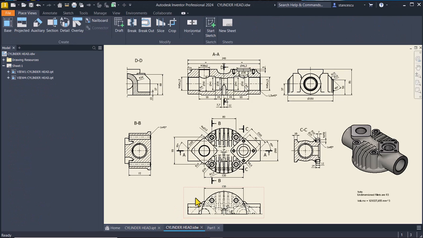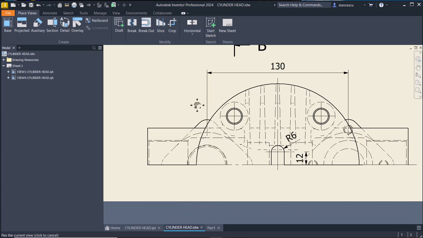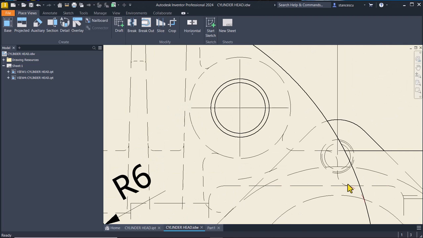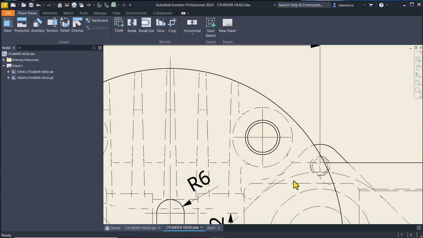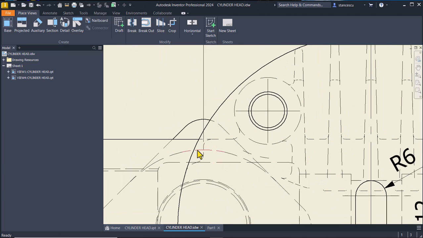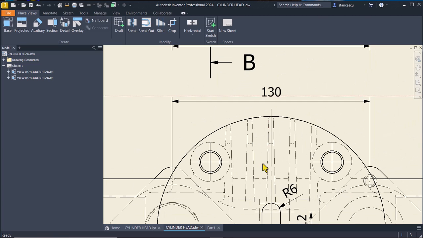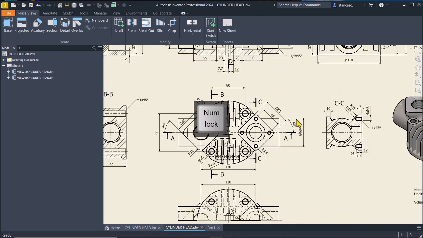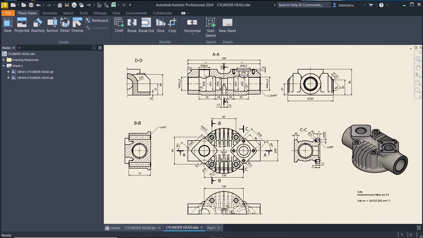If we take a look here, we see that dimension here is that face, and also here distance is 130, just like this other one. Okay,